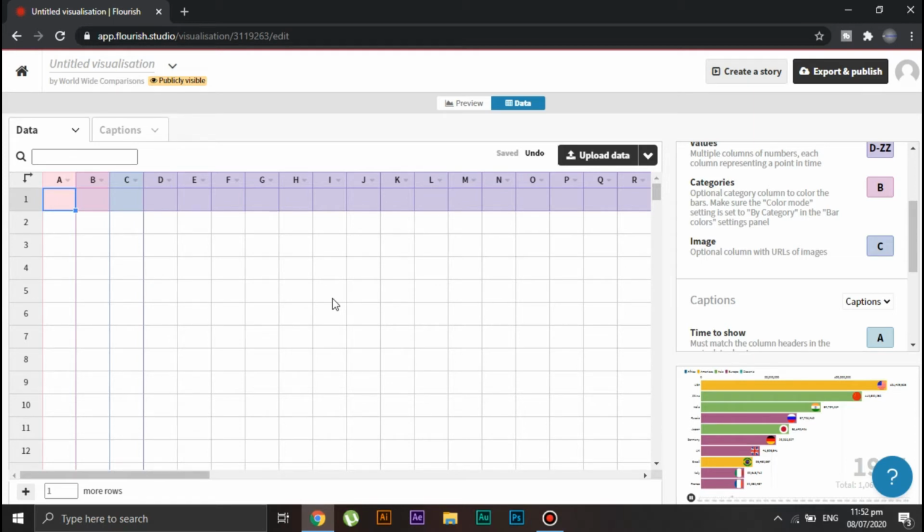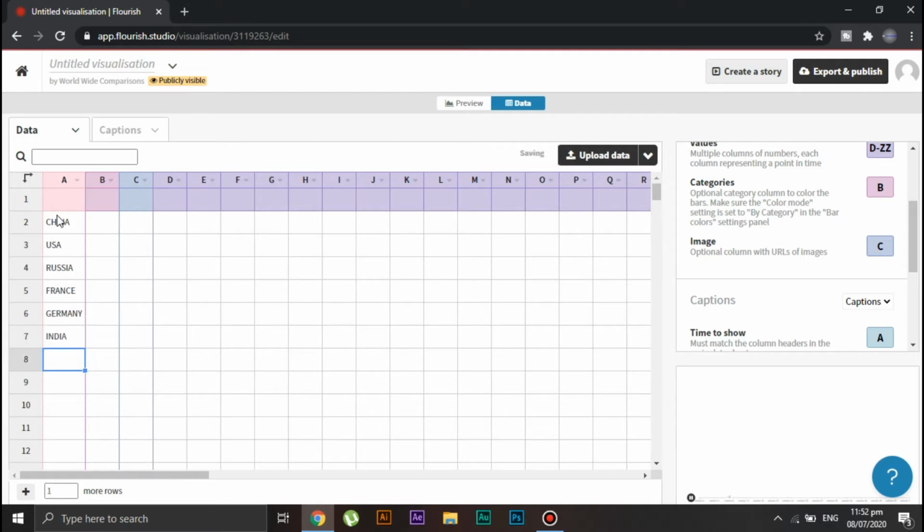First of all, I'll write the name of countries in column A. Okay, I have written the country's name in column A. Now as I told you that column B is optional, so I'll leave it empty. And for now, I'll also leave the column C empty as well.